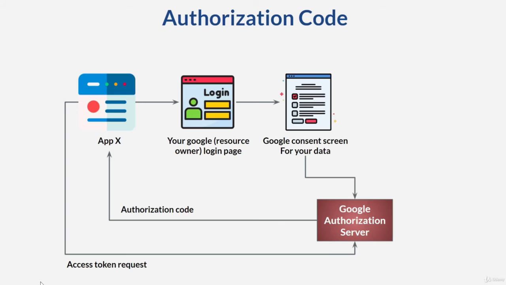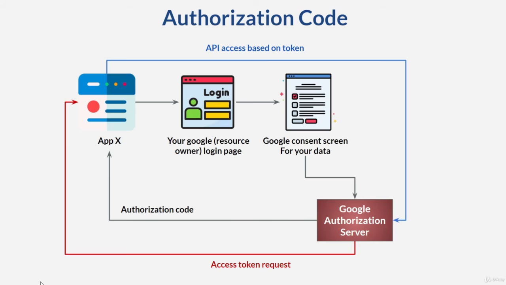Now, since application X has an access token, application X can use this token to communicate with the Google API, and you can work in application X using Google Drive. This grant type is considered highly secure because application X never handles or sees the user's username or password for the resource server. In this case, application X never sees or handles your Google credentials. This grant type flow is also called 3-leg OAuth.